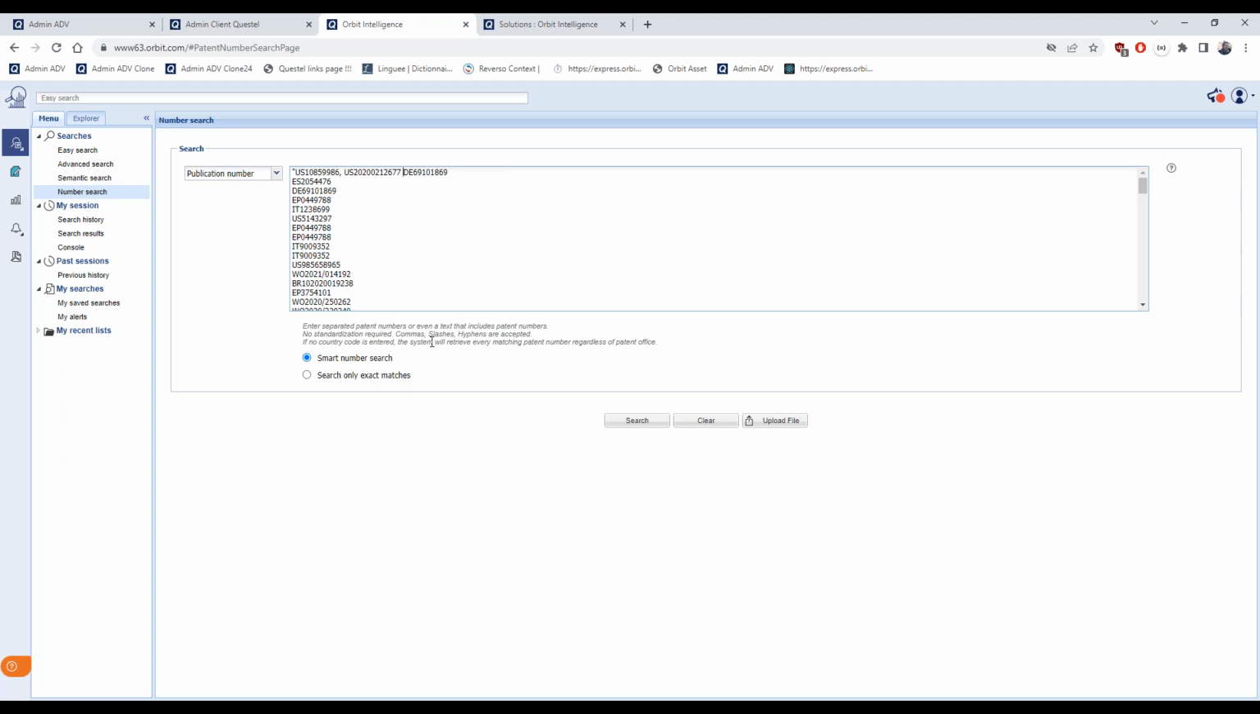Here you have 2 options as well. The first is to search only exact matches, so you are sure that the numbers you entered are correct and you want to look for exactly these numbers in the Orbit Intelligence system. Another option, and this is what our support team suggests to our customers, is to always use the smart number search. Why? Because before